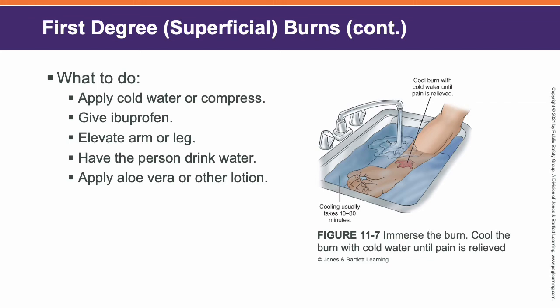You need to be careful early on. Aloe vera is very soothing and very helpful. Some other lotions, especially ones that are thick, kind of like Vaseline and those kinds of things, early on when the burning is still really active, can actually trap in that heat and can cause more pain and more damage to the tissues. So the lotions to rehydrate the tissues are more helpful a little later on, whereas if you stick to things like aloe vera that are more soothing early on, that can be very helpful to prevent further damage.